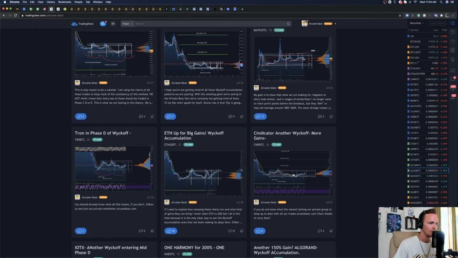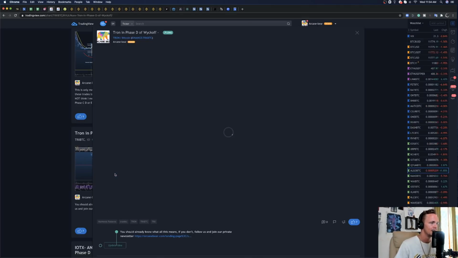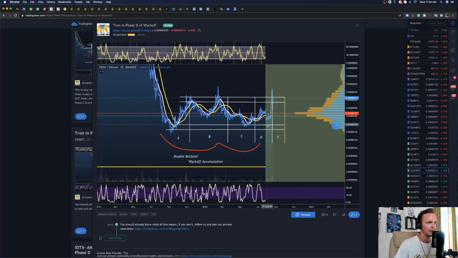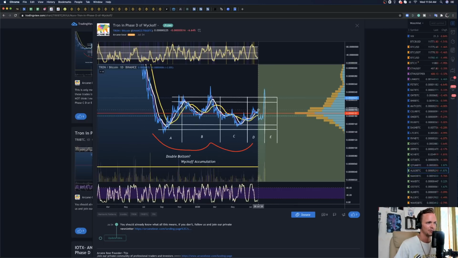Okay, well, what about more of them? What happens if you just keep drawing these? Okay, well, here's Tron. Okay, Tron's final LPS was probably around 181. I think I drew this a little incorrectly because the box of C should be closer around the spike, but that's unimportant at this moment. So what do we see? Ooh, we dipped right below actually on the 50-day moving average. So don't get too confident about your LPS positions.